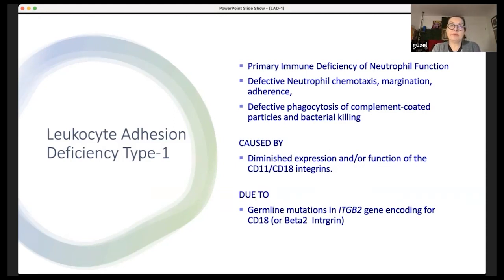So the gene name is ITGB2, and I said germline, meaning patients who have these mutations are born with these mutations. These are not somatic mutations. These are not the mutations that occur later on in life in a subset of cells. So these are germline mutations, and it's a recessive disease, which means that both copies of the